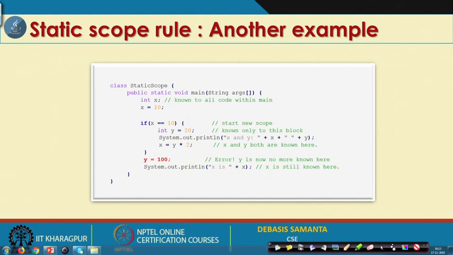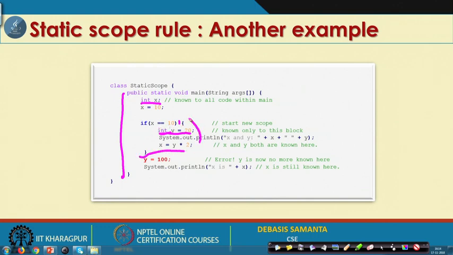So, here x is declared as an integer. The scope of this is the entire main method. On the other hand, we have declared another variable, integer y equals 20, and as it is declared here and not there, this means that y has the scope of only this part.